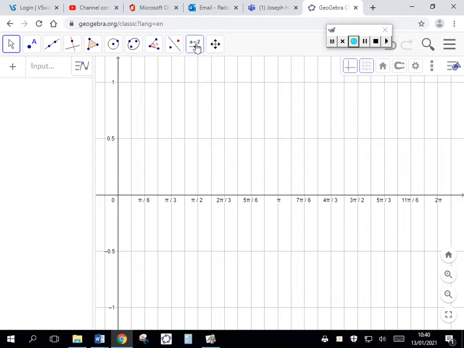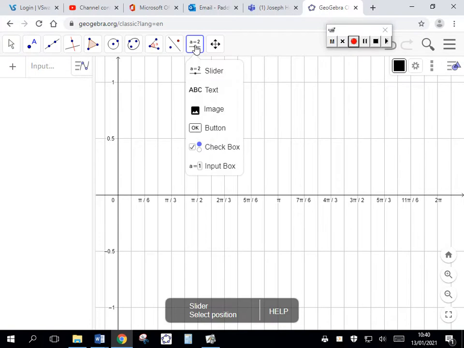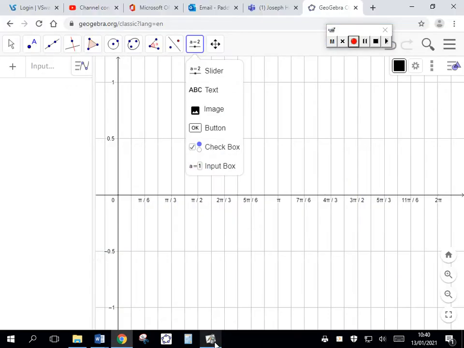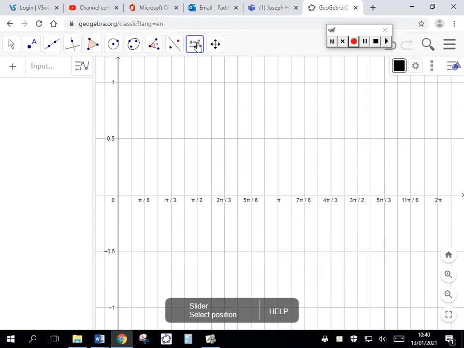A slider is a number that I can change very quickly. It's a variable, and we slide the values on the variable. If we look up in here, the thing that's changing all the time is the degrees, right? So that's what we call the independent variable. Sine depends on what angle I plug into it. So the slider I'm going to put in here,